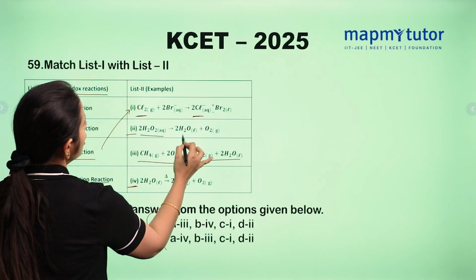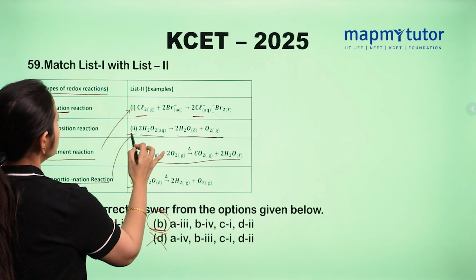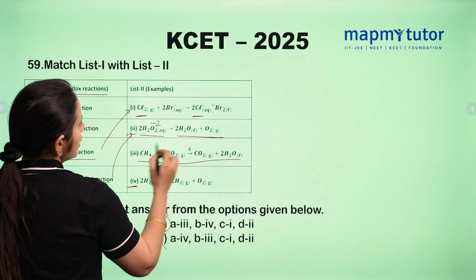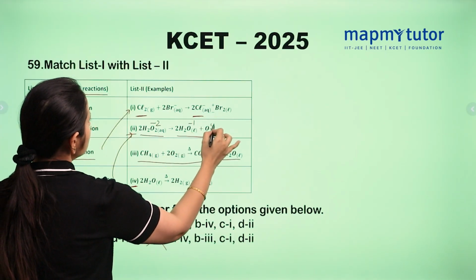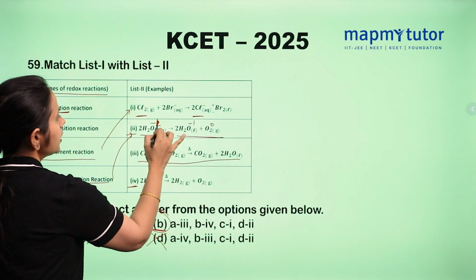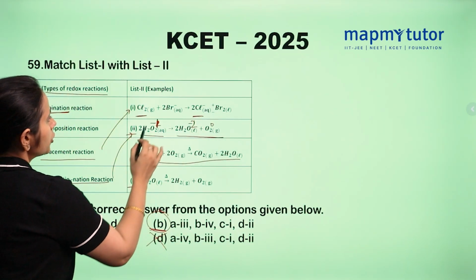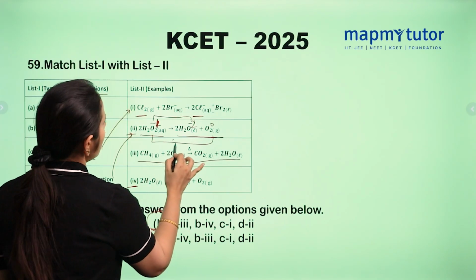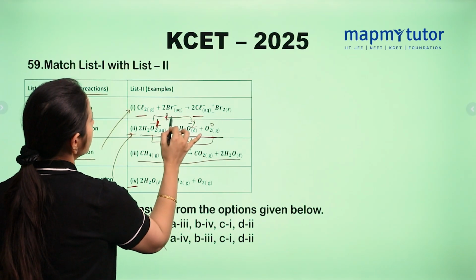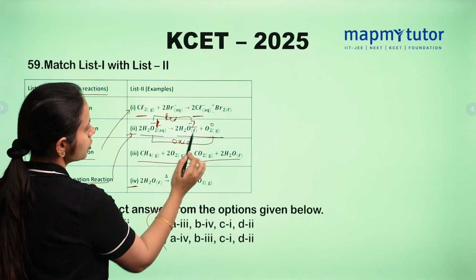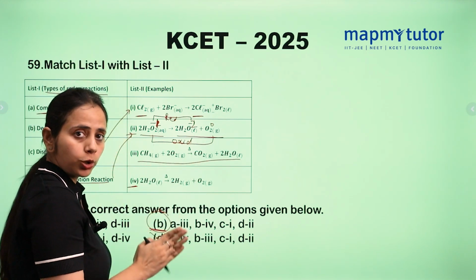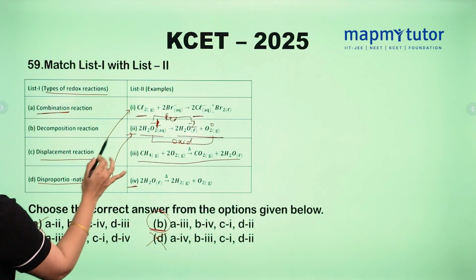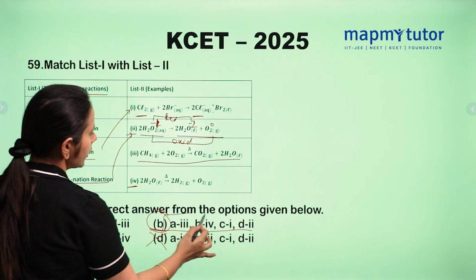Say this, H2O2 to H2O plus O2. This is an example of a disproportionation reaction for sure. Here the oxidation state is -2, here it is -1 and here it is 0. So it is converting from -1 to -2 and -1 to 0. This is reduction and this is oxidation. Here it is a gaining of electrons, here it is a loss of electrons. So in a single reaction, both oxidation and reduction are taking place. So this is known as a disproportionation reaction. So see, D matches with 2 in this option. So this is the right option.